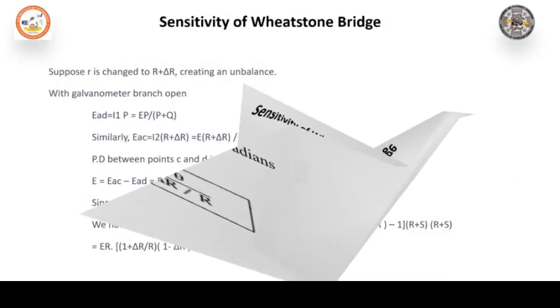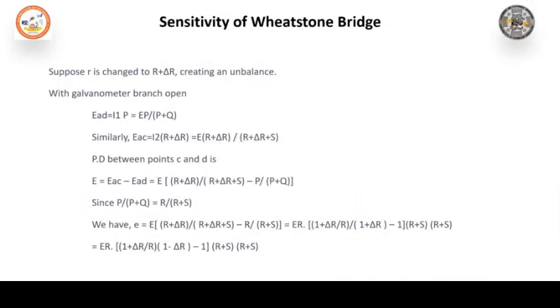So next is how it is derived. How do you derive the sensitivity of the bridge? The bridge sensitivity can be calculated by solving the bridge for small unbalance. At balance condition, this condition will be fulfilled. So when I derive that,